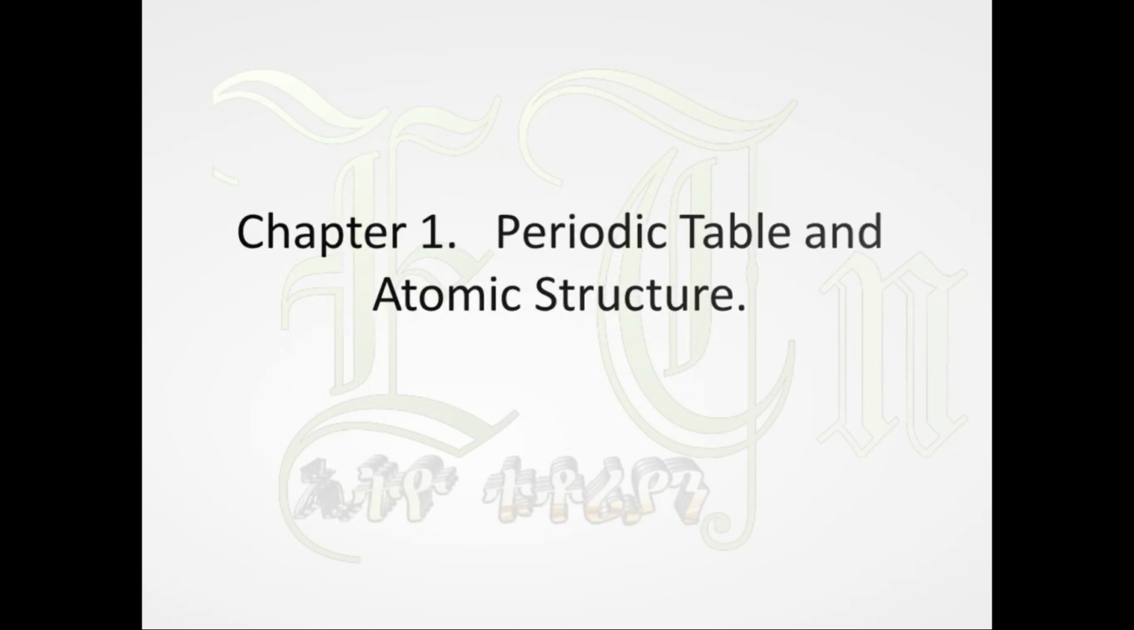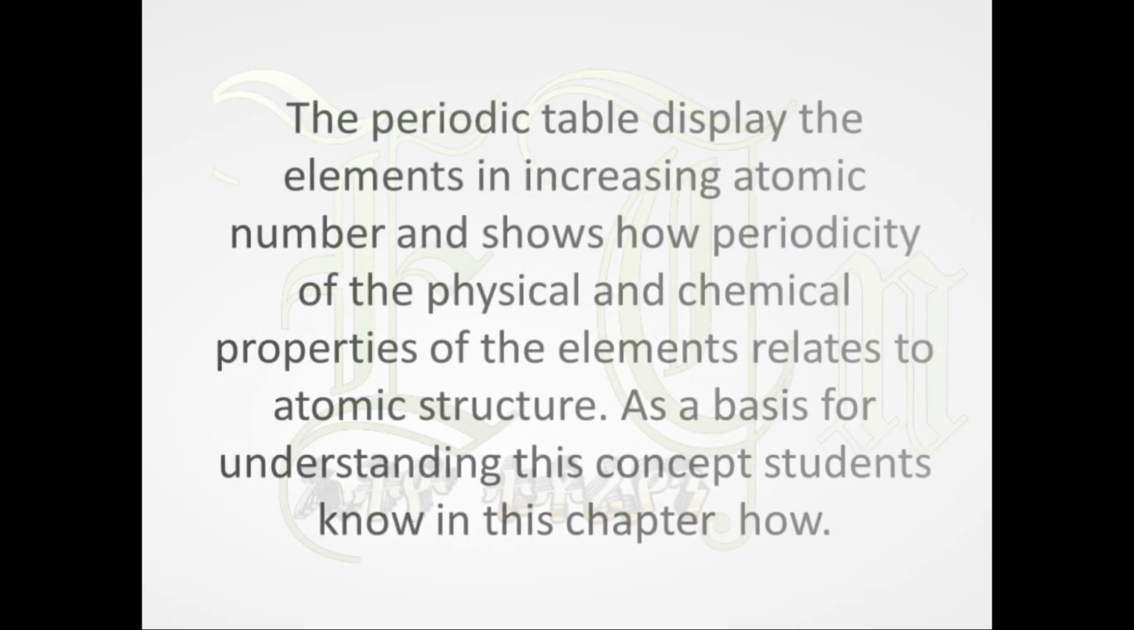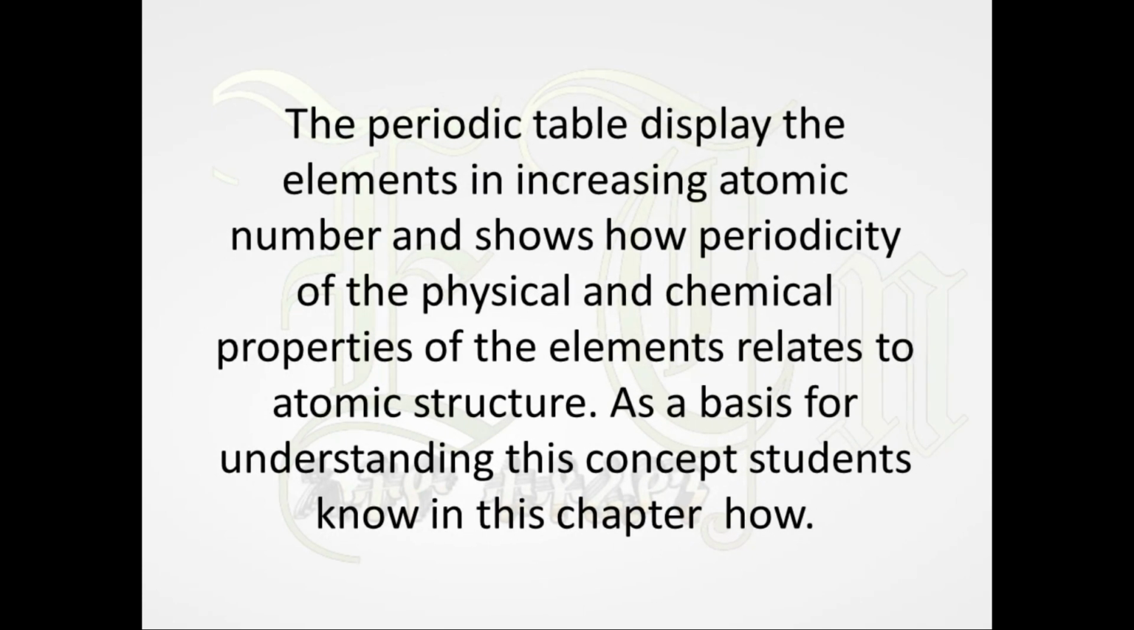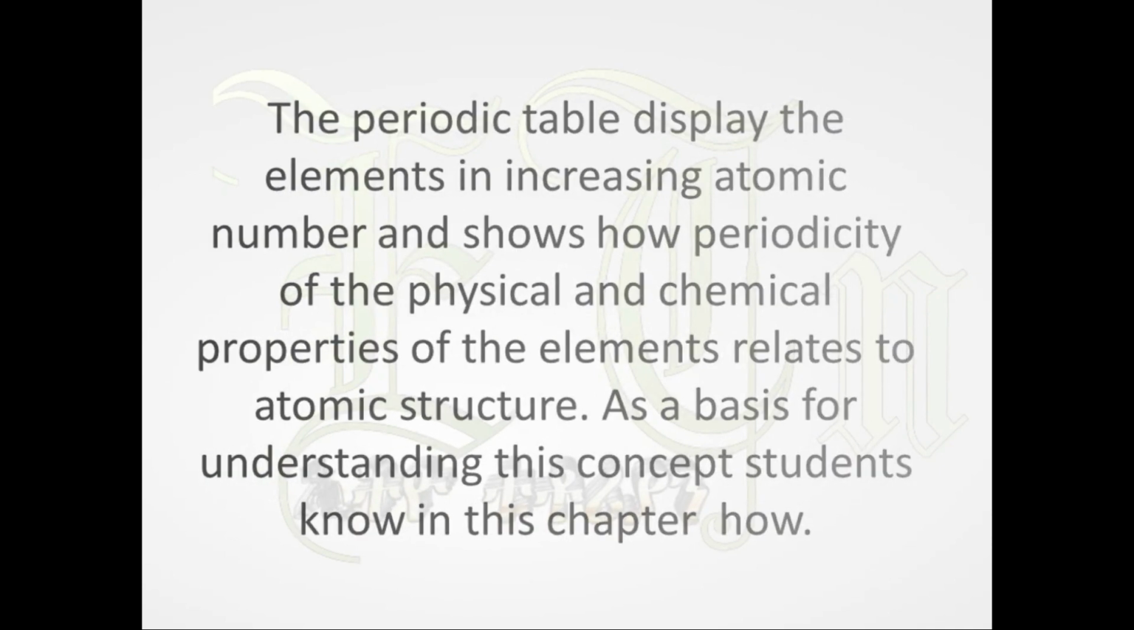Chapter 1. Periodic Table and Atomic Structure. The periodic table displays the elements in increasing atomic number and shows how periodicity of the physical and chemical properties of the elements relates to atomic structure. As a basis for understanding this concept, students know in this chapter how